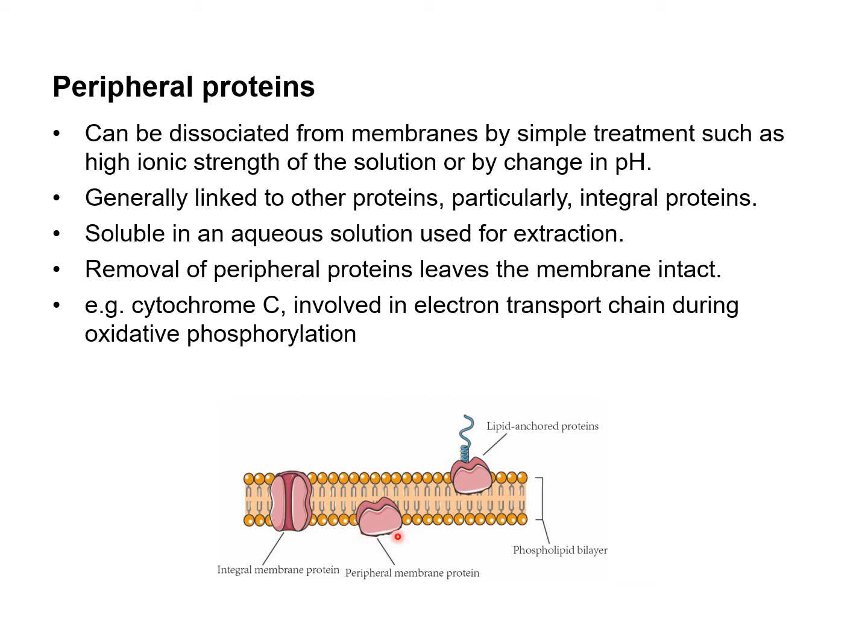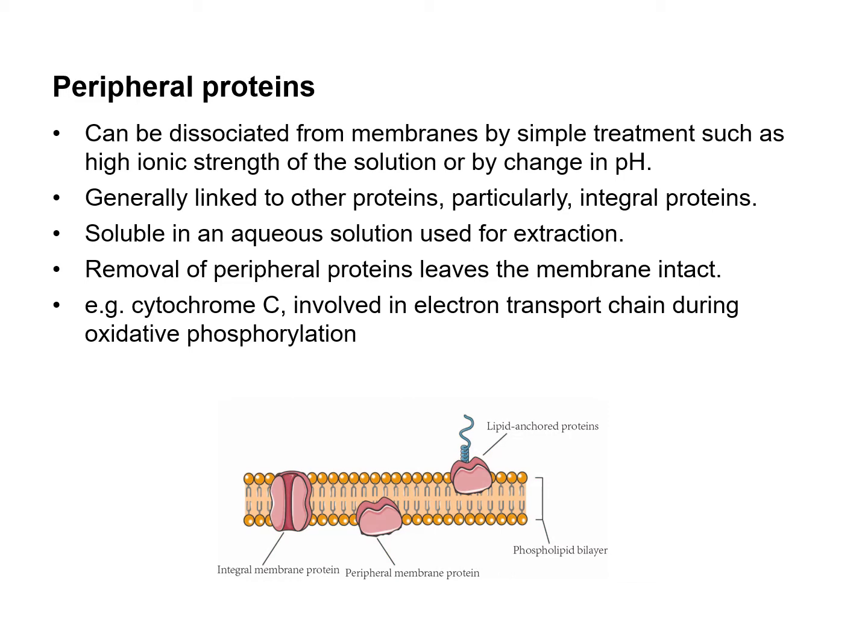So there can be some optimization needed for making these peripheral proteins dissolved in the aqueous solution, such as a certain concentration of salt, but they're readily soluble. And the removal of peripheral proteins leaves the membrane intact, meaning that again they're just interacting partially, on just one side of the protein, with the membrane. So even if these peripheral proteins are removed, they're not going to have a huge effect on the integrity of the membranes. And the examples for such peripheral proteins are cytochrome C, which is involved in